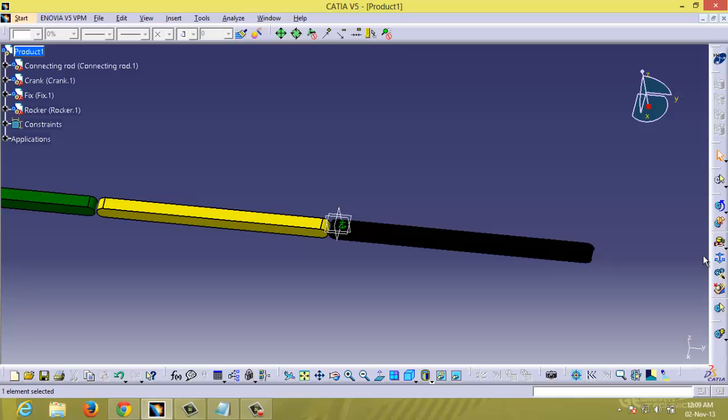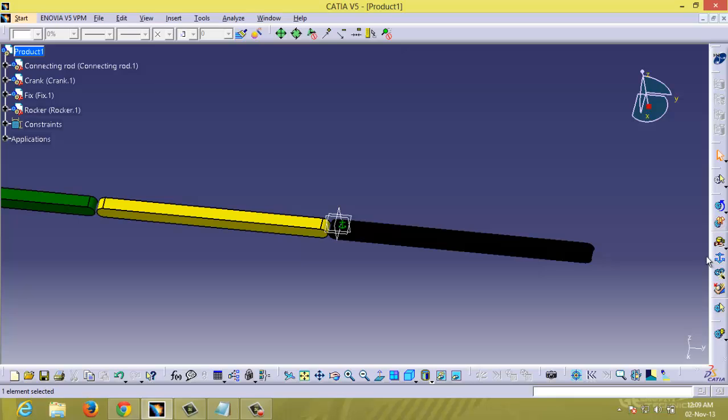So there is no need to create the constraints separately to join them and separately make the joints. For separate parts to get into an assembly, you should create a few constraints, and for making some motions or kinematics you should create some revolutes. But every revolute, every joint in kinematics, is based on constraints. So whenever you create a joint, it will automatically create the needed